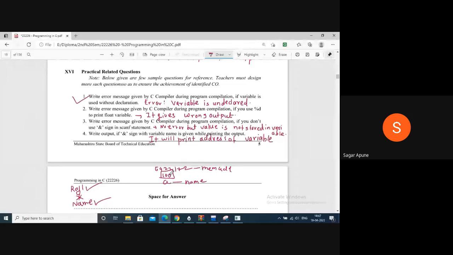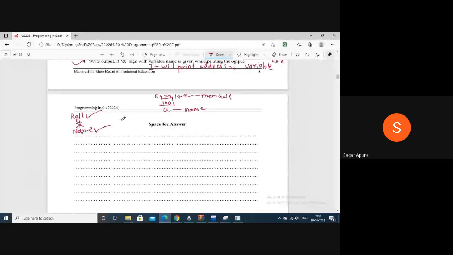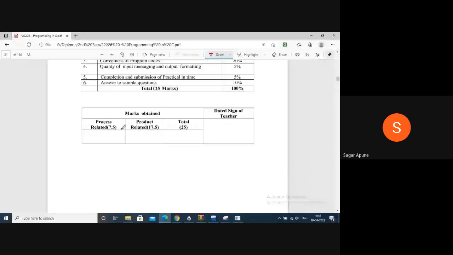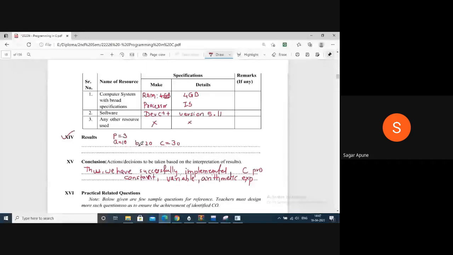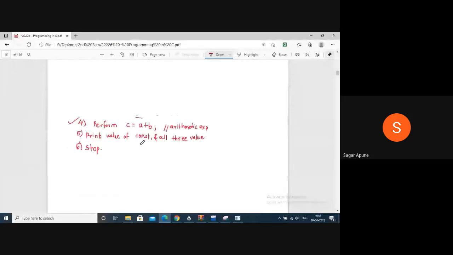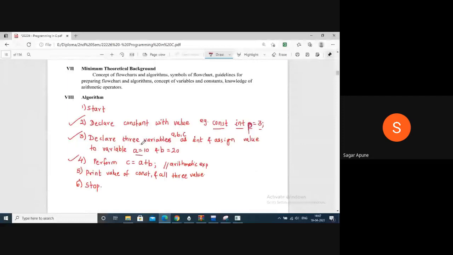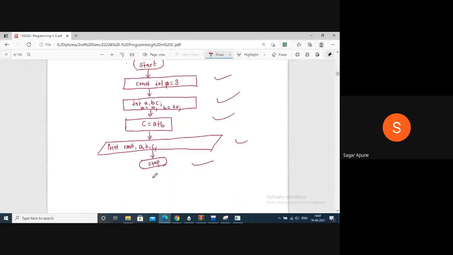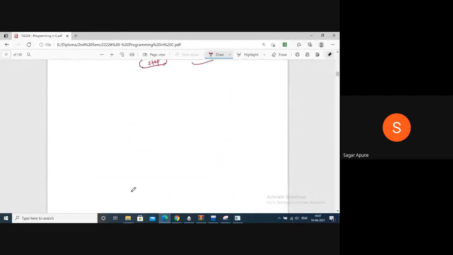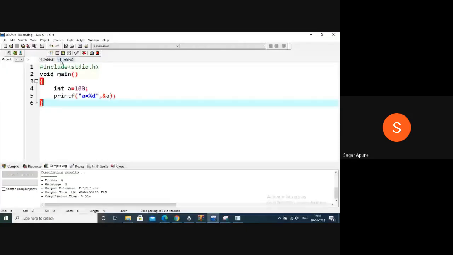So these 4 practical related questions are completed. So now what next? Okay, nothing. The first practical is completed. First we completed our algorithm, then we drew the flowchart according to the algorithm, and we developed one C program for this practical.